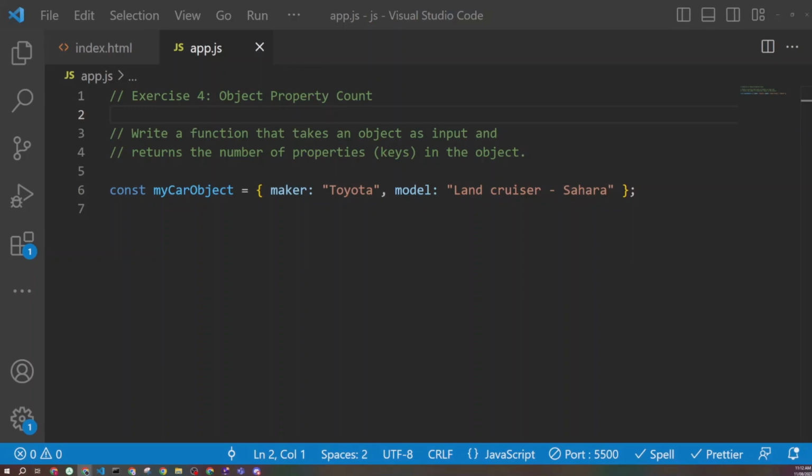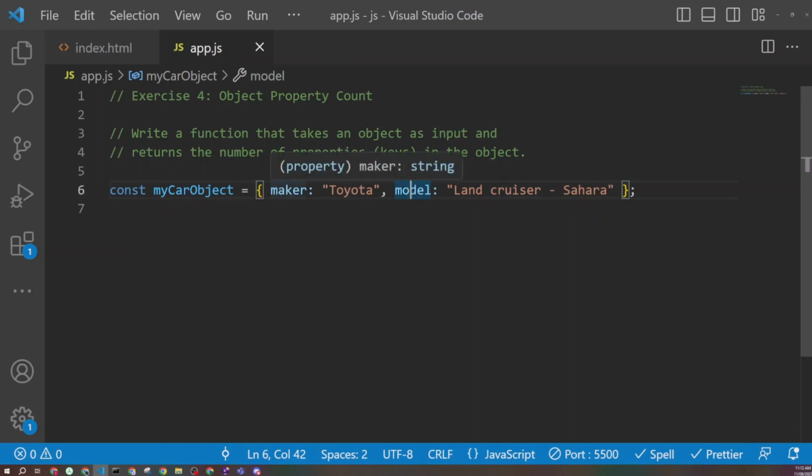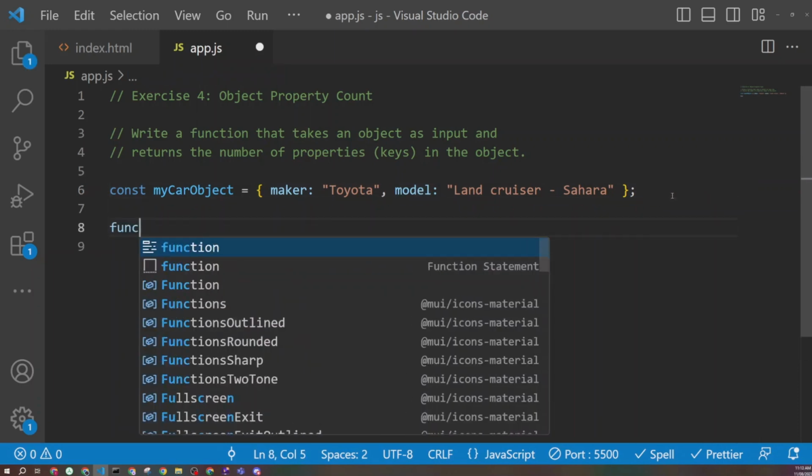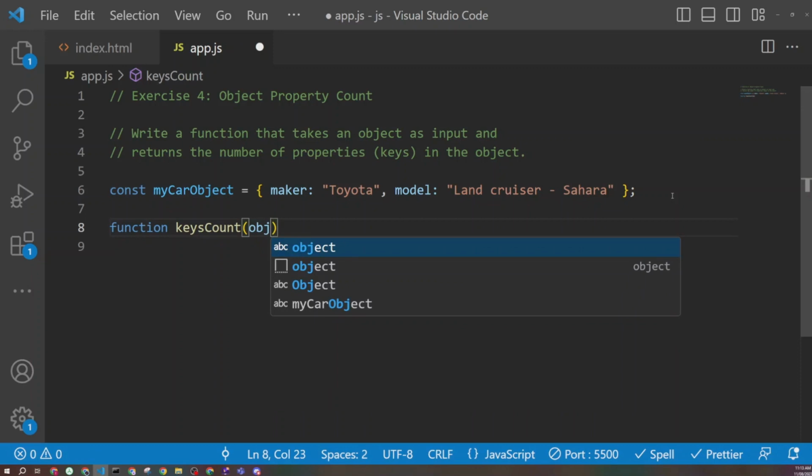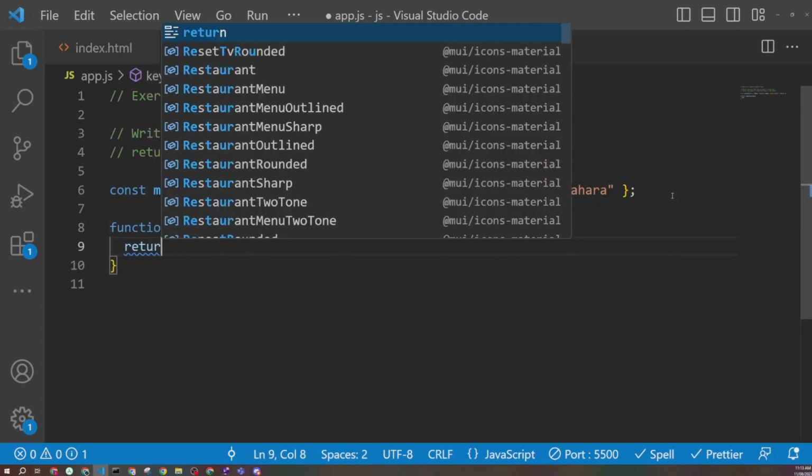This exercise is asking us to have a function that will take only one argument as an input, which is your object, and will give us the number of properties or keys in your object. So we want to know how many properties you have. Like in our example here we have only 2. Now let's write our function and let's call it keysCount. It will accept only one argument, which is your object, and it will return us the